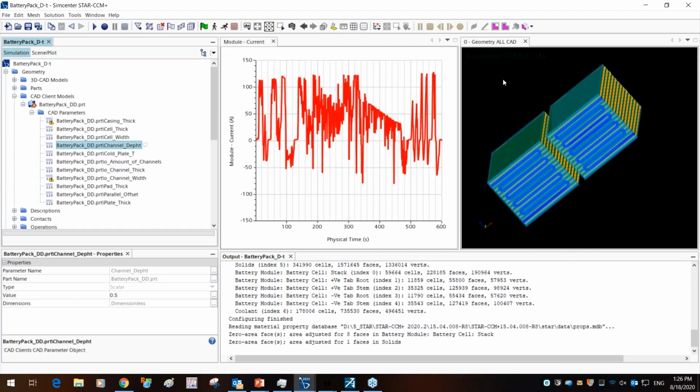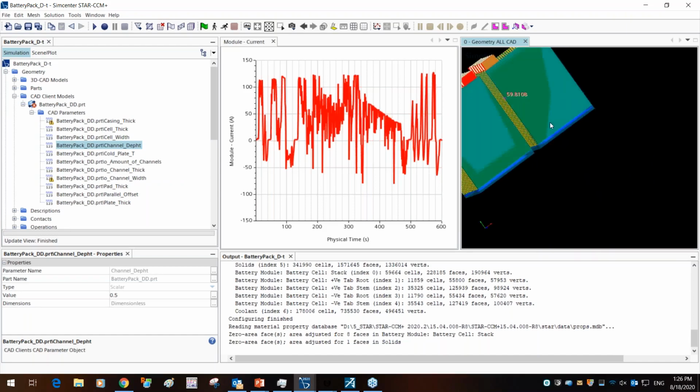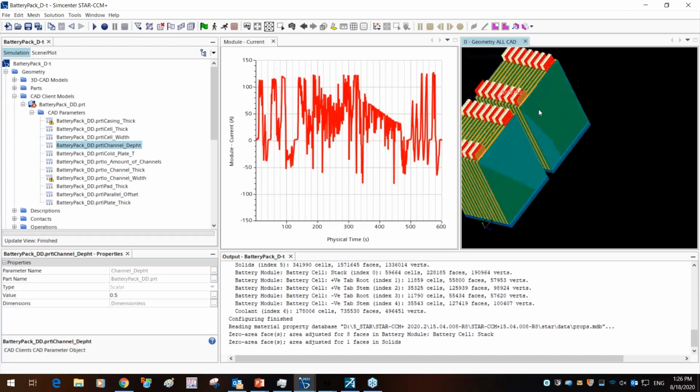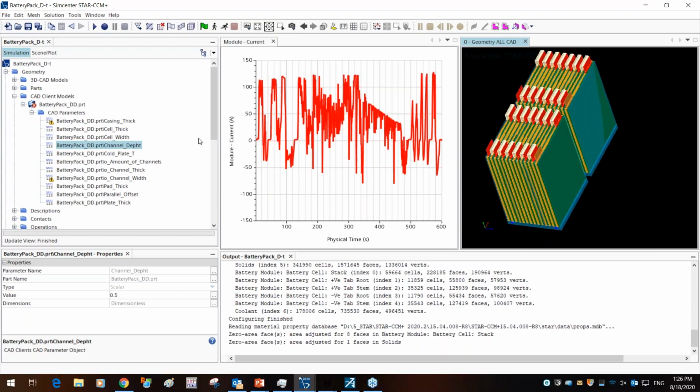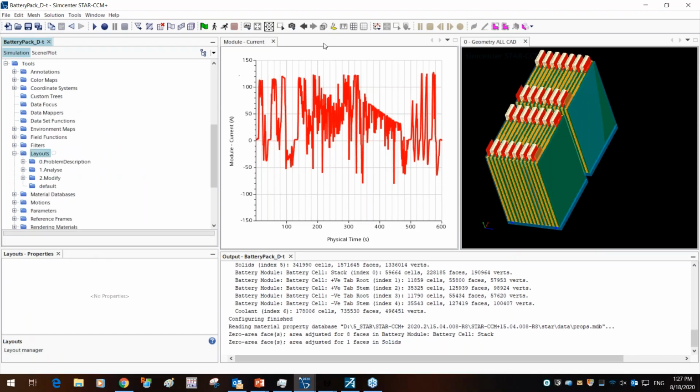Now, I'd like to show you some of the features in terms of post processing. This solution has already been run, but if you scroll down all the way to tools, you're going to see a new folder called layouts. So layouts are essentially windows that you'd like to save to analyze data.